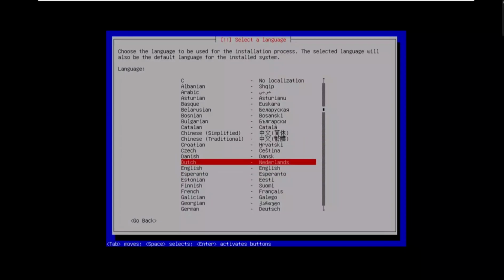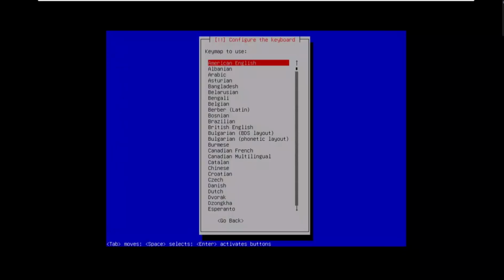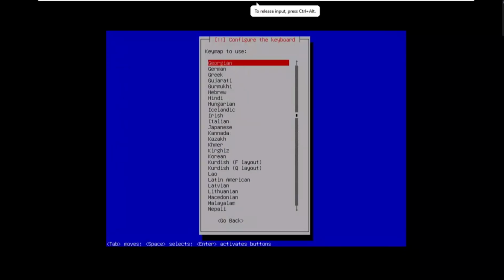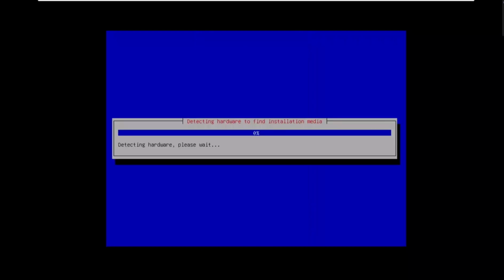Next, you need to select your language, your country and the language you wish to use for the operating system. Then there are a few key steps you need to focus on. I will walk you through this main stage. The installation process took a long time, so I have sped up that part of the video to keep it concise.